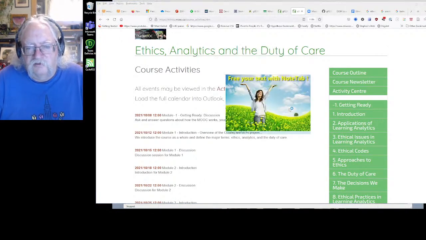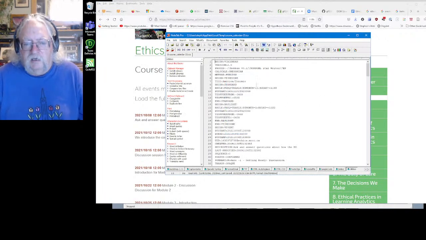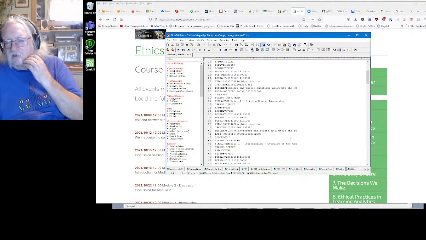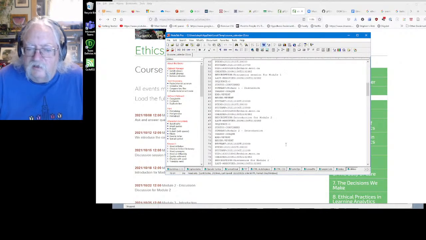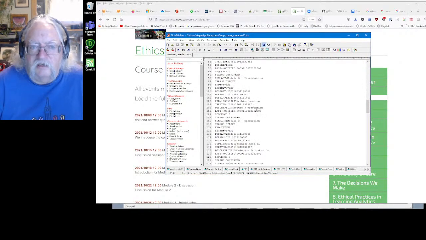Here's coursecalendar.ics, and you can see none of the lines is longer than 55 characters. You see how they've been cut off even here. No white spaces, and if you looked carefully,